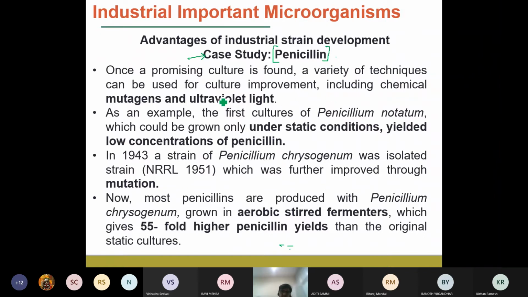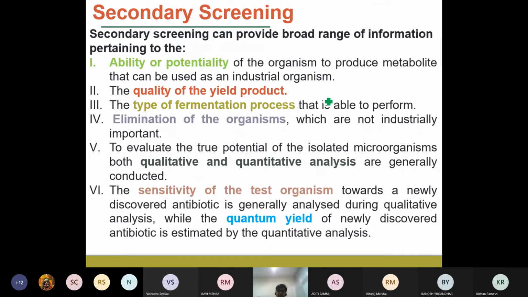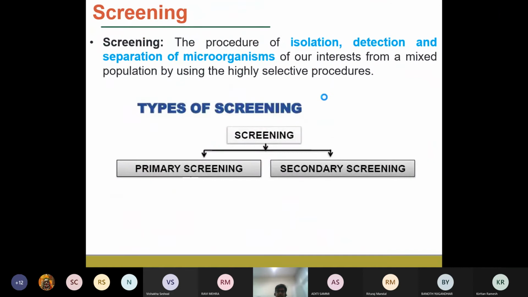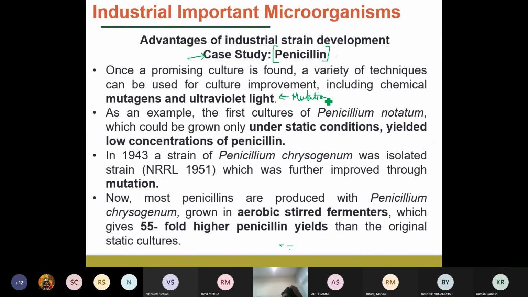As we have talked about mutations, how do we do the mutations? Mutations can be done by 2 different routes, which we are going to see in detail in the subsequent slides. There are physical and chemical approaches. One of the physical approaches is using ultraviolet light, or UV light, at a particular intensity.